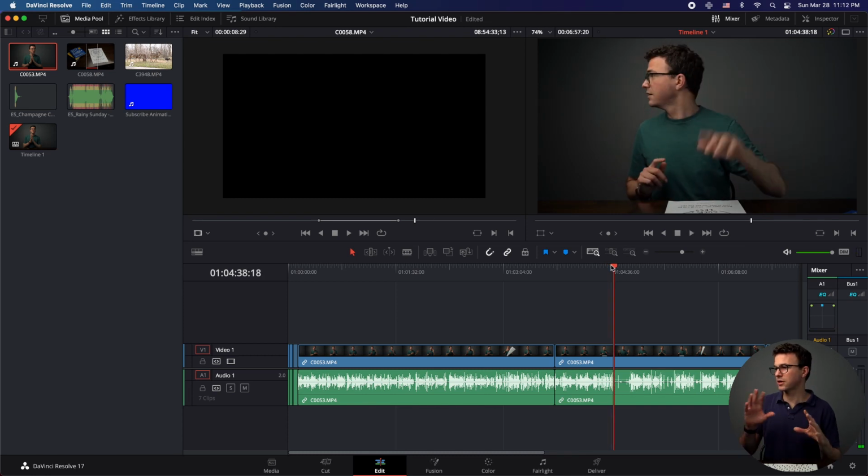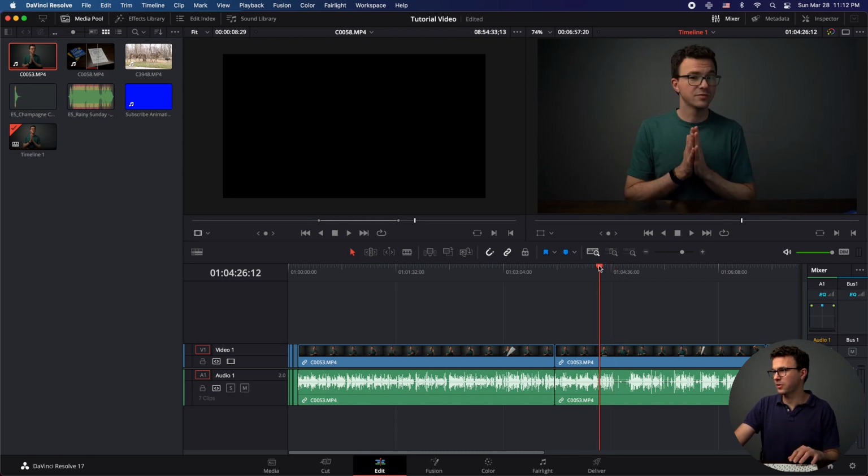So seeing this part, at the end of the video clip, I essentially made a mistake here. And so what I want to do is, I would find the point where I can cut and then where I repeated this section. So if I go back to blade tool, cut here, and then go back to A.